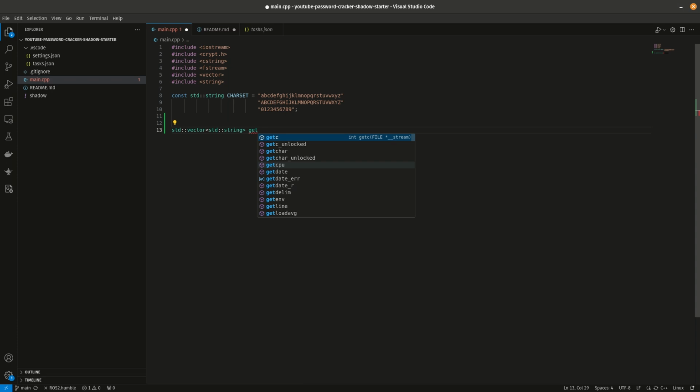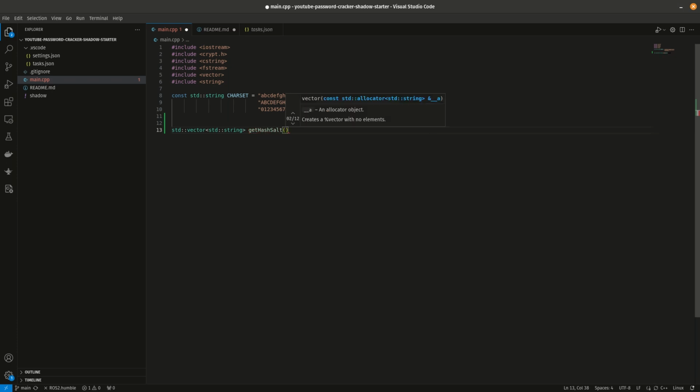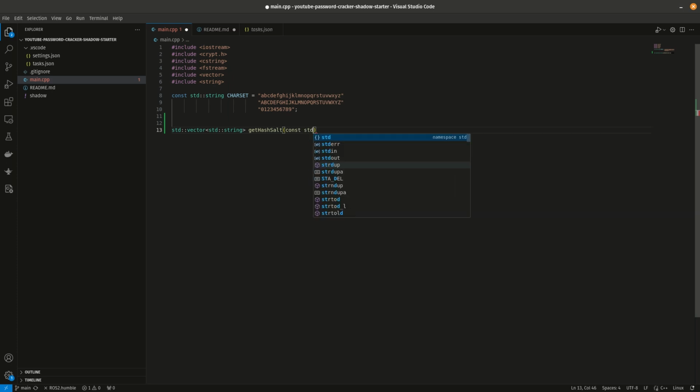And we're going to call this get hash salt, and we'll say const std string, and we're going to pass in a username. Okay, and then I'm going to start by just return user